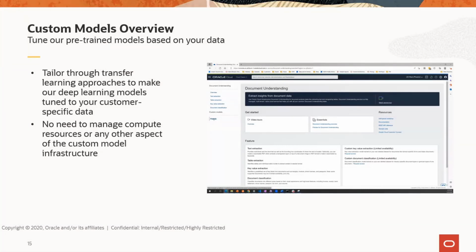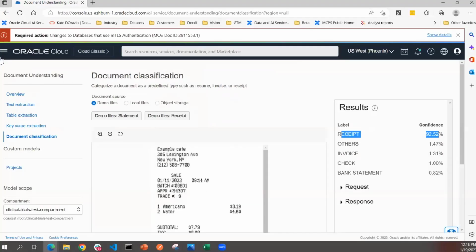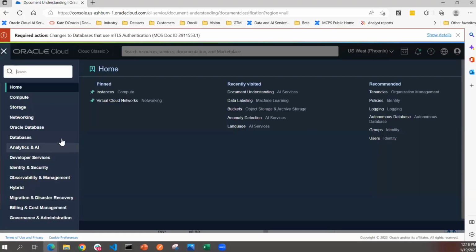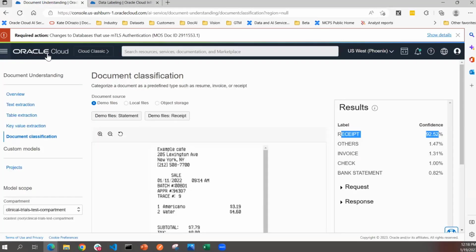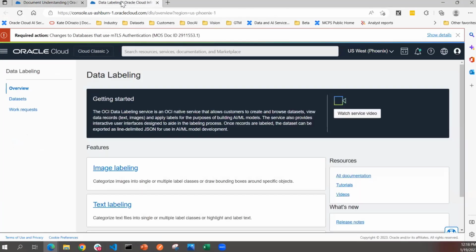And I'll also show through this demo basically how you can do this end to end. So let me first start with the data labeling service. Let's imagine that I am some sort of manufacturer, and I handle a lot of shipping labels that are coming in from subcontractors, and I want to extract key fields that are coming in from those specific types of documents. So I could actually just create my own custom model to extract those fields based off of the document